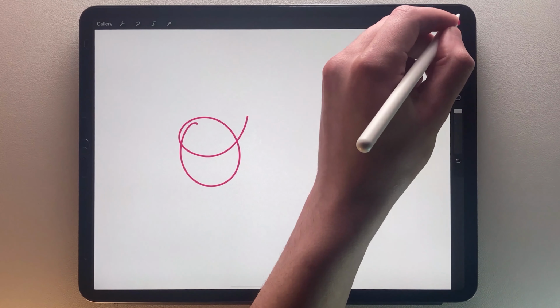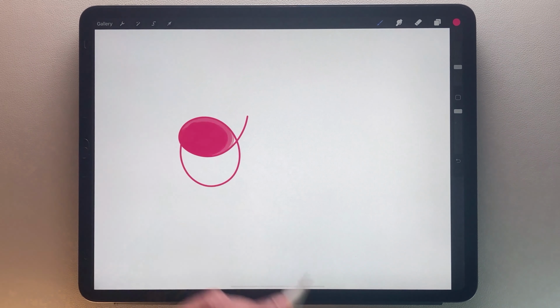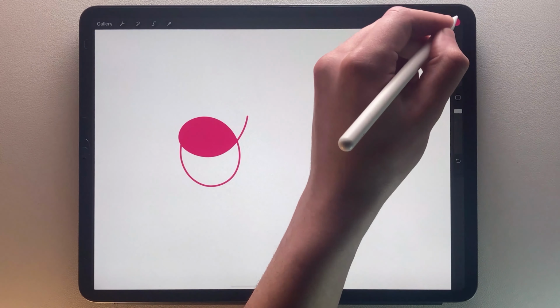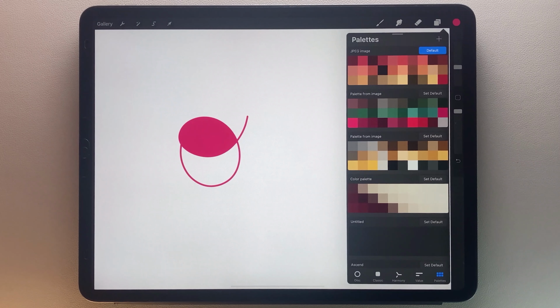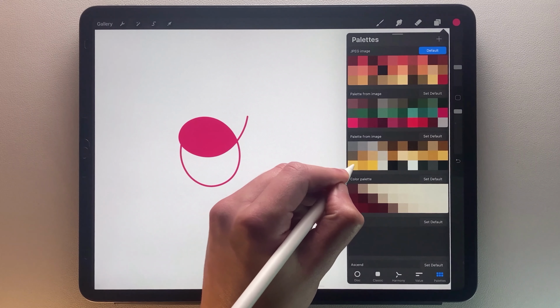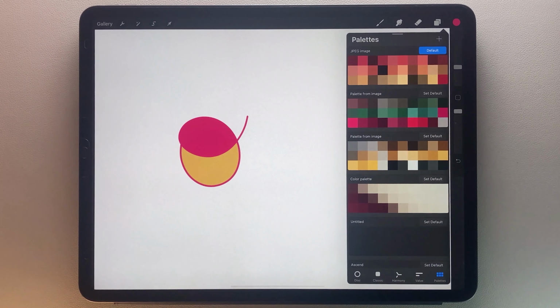By the way, we saw in a previous lesson that you can use color drop from the color button. Well, you can also use swatch drop directly from a swatch to fill your layer or an object on your layer. To create a swatch, tap an empty space with your current color.